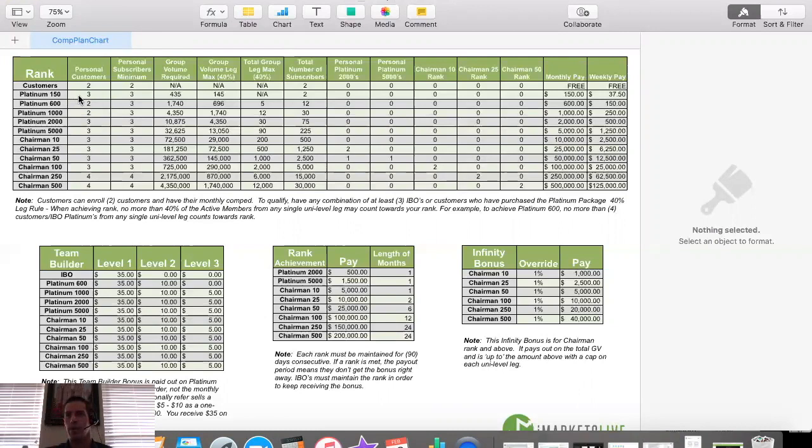At Platinum 150, it doesn't matter if they are customers or IBO Platinum members, as long as they have the Platinum package and you've generated 435 volume, or we call it GV, okay? It could be any one. It could be all Platinum IBOs. It could be all Platinum customers. It doesn't matter. Any given ones is fine. 435 GV and 145 is the max. So basically, they're just frontline to you, okay? And so what's going to happen is you get the monthly pay of 150, the weekly pay of 37.50. So if we go back here,